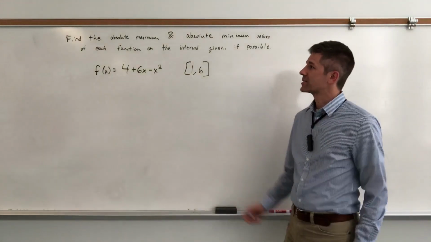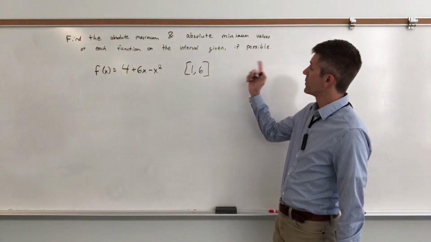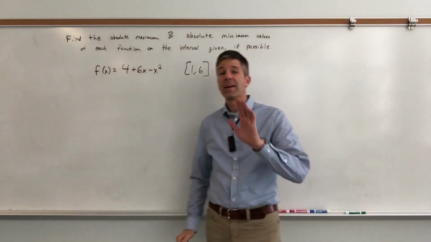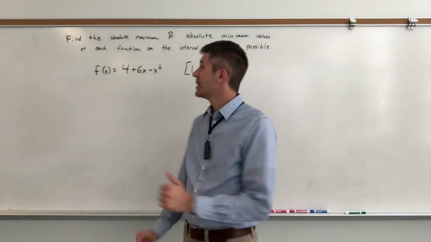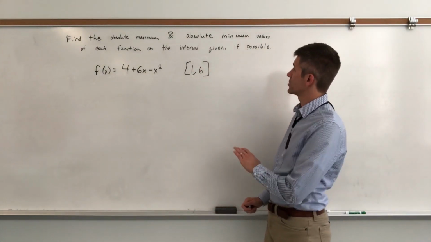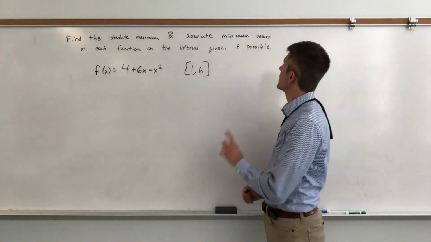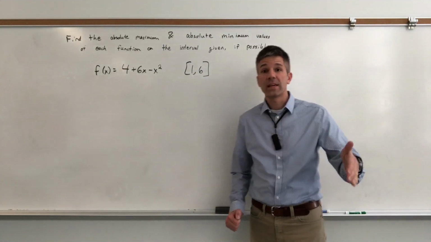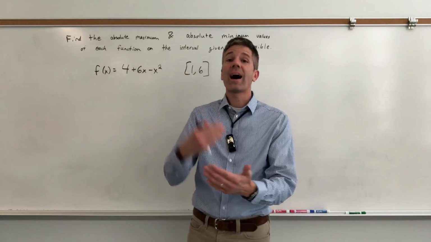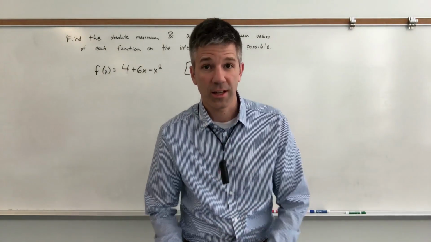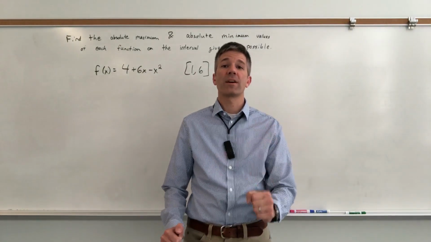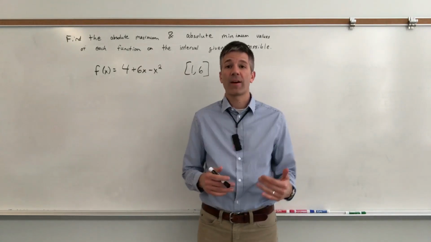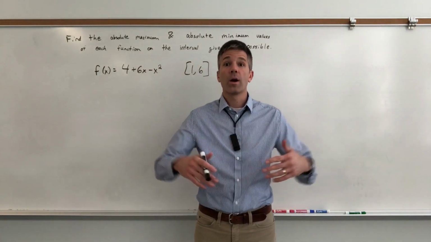Let's read the directions. Find the absolute maximum and absolute minimum values of each function. Stop right there. Let's make sure we're reading it carefully, because it said find the absolute maximum and absolute minimum, the highest, the lowest values of each function. Find the highest value of the function. Finding the highest value of the function doesn't just mean I have found the x value where I have the